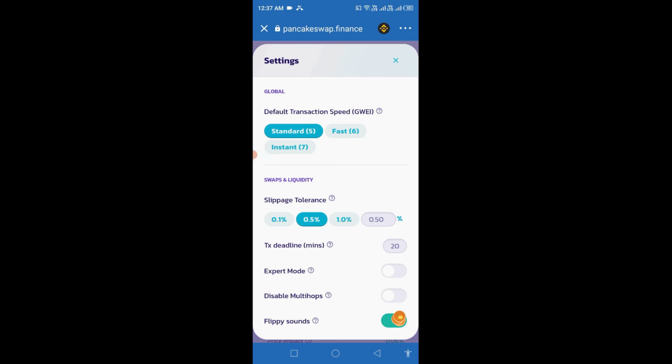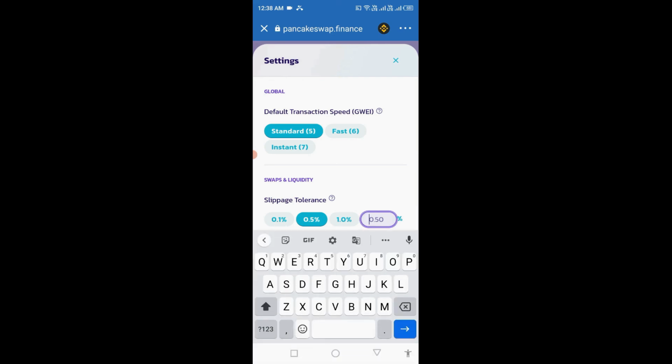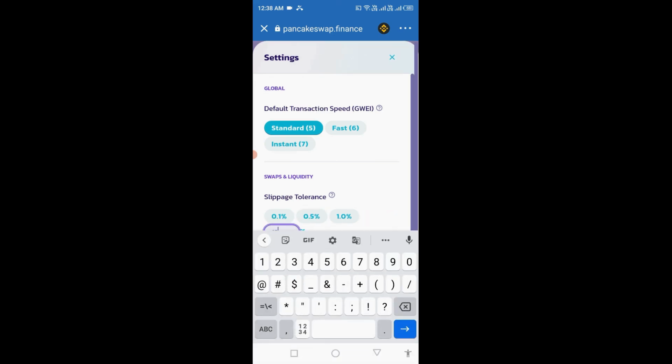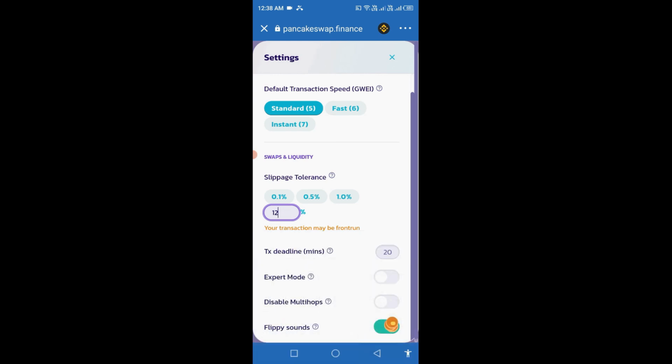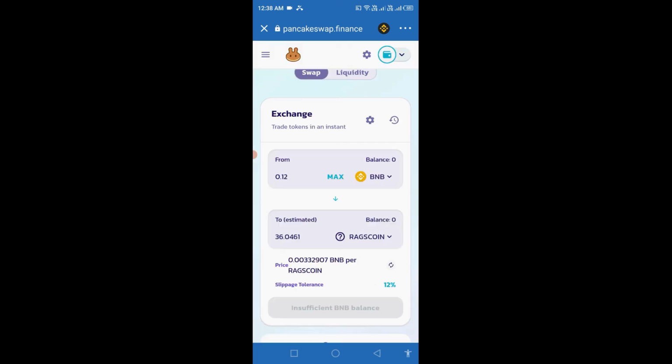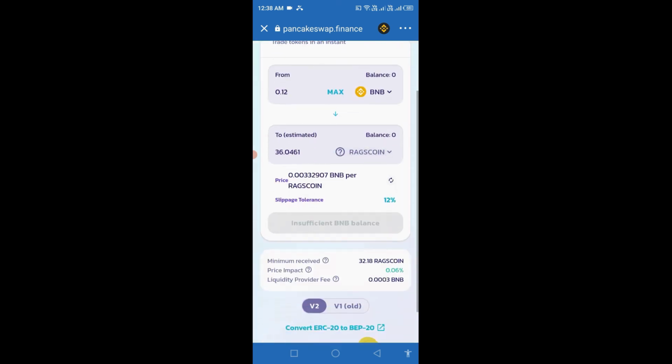So here, you have to enter the slippage tolerance as 12%. Once you enter 12%, you may get a warning like your transaction may be front run. It's okay, no problem, because if you are giving less than 12%, your transaction won't be applicable. Once you set 12% for slippage tolerance, you can purchase Raxcoin without any errors or problems. This is how you purchase Raxcoin from the Trust Wallet via PancakeSwap and move that to